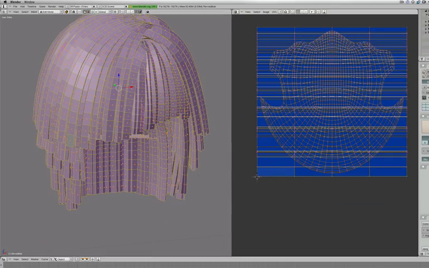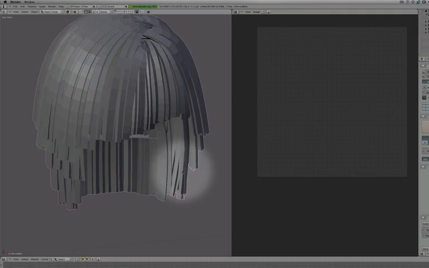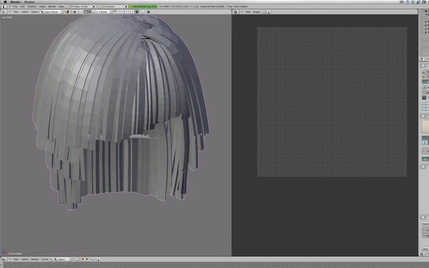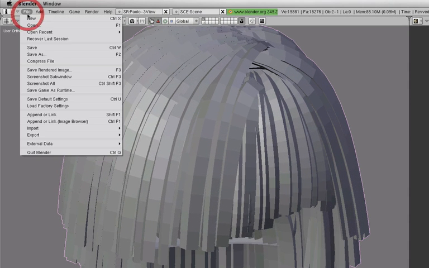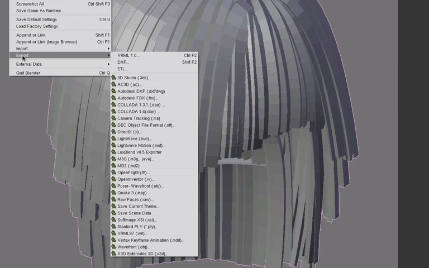So press Tab while in this view to exit edit mode. Go to File, Export. We want to export this model using the OBJ file format, and we will use a different name so we don't alter the original geometry. So export Wavefront OBJ,